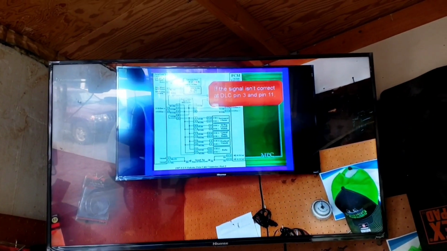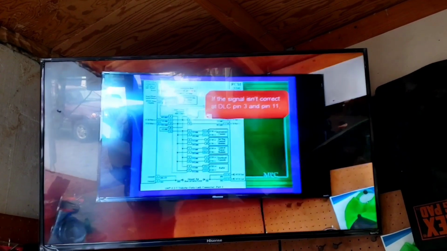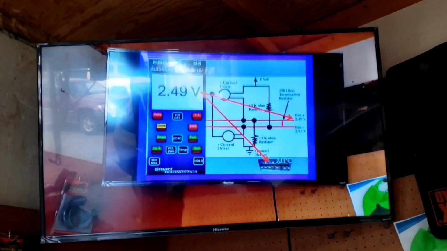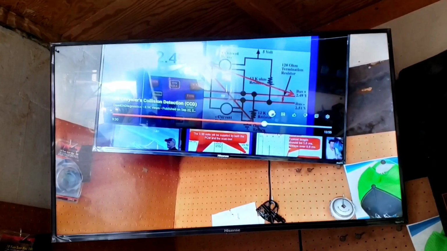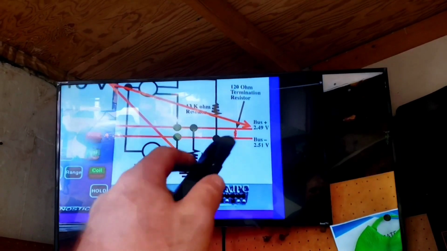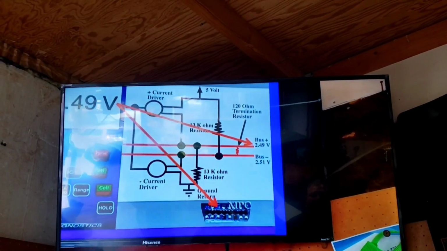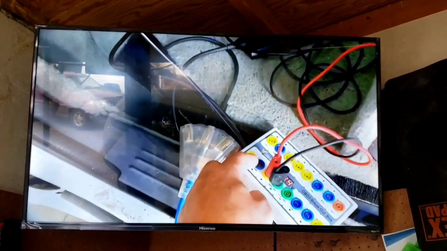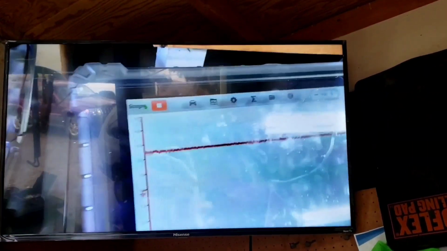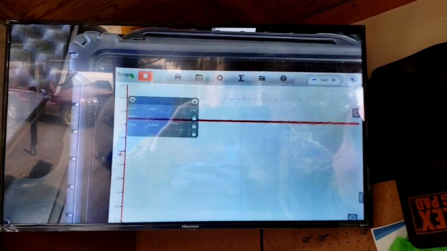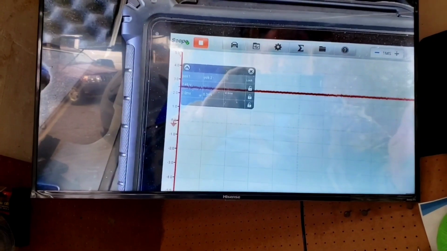If the signal isn't correct at pin 3 and 11, remember, we're looking at the whole world. We can use the voltage. Now he's just saying to check for the bus, positive 2.49 volts plus negative 2.51 volts. Well, I'm doing that right now, which I don't think we need to do, but pin 3 to ground now. Your bias voltage from the modules on the bus. I mean, he's pretty specific on his numbers, but